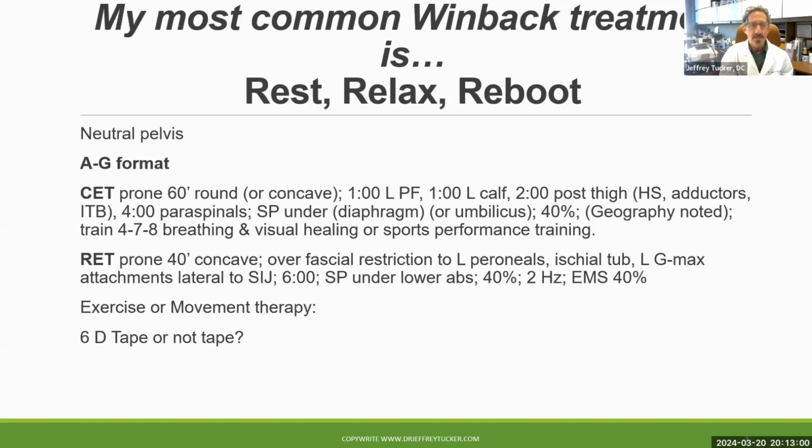And you could see I put in the time. I showed you where I put the soft pad. The percentages that I used were 40% RET, 2 hertz for the TENS, and 40% for the EMS. After that, in my notes, you would see what exercise I gave the patient, or what movement therapy or mobilization or manipulation I gave to that patient as well. And then I may or may not apply some of the 6D tape. I love this tape because it already has the tabs in it. So that's a typical session,